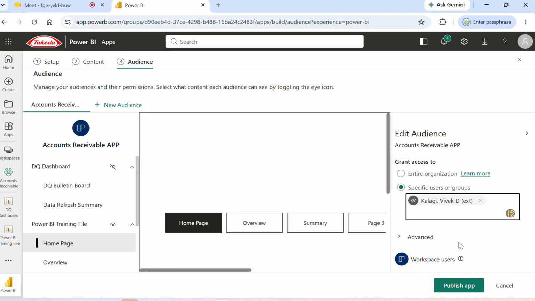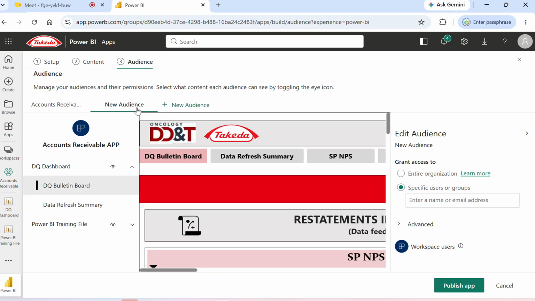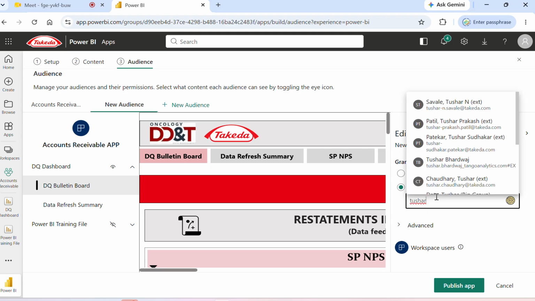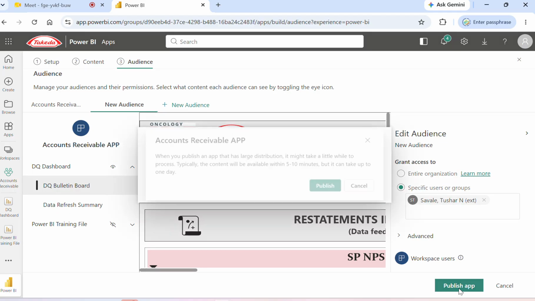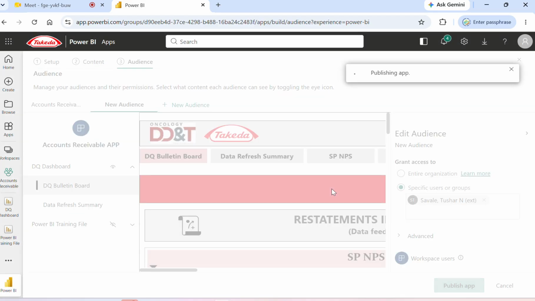Okay, and this one I want to give to Vivek only, and next one I can give one more view. I'll just click on this plus, and this view I can give access to only the first report. I can hide the second report and give the first report access to another one. So we can give to another users. Okay, so like that we can just publish this app, so automatically this report will be published like an app